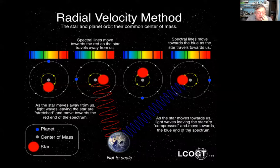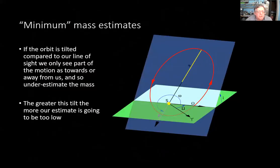And we can detect that change very, very much more accurately than you could ever hope to plot the position of the star on the sky. So it's a much more subtle technique. But it has an interesting drawback, which is that it only measures the movement along the line of sight caused by the companion planet. And by virtue of some mathematics here with the